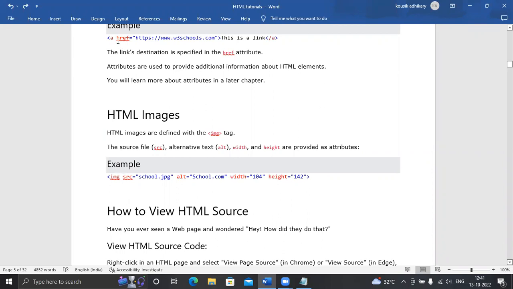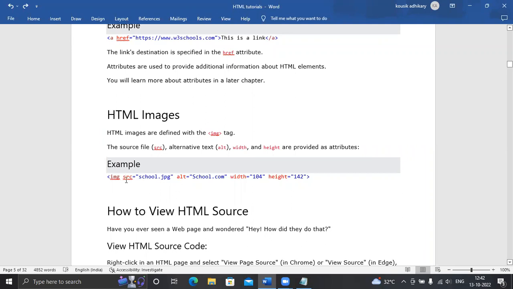In the previous example, href equals to https://www.w3schools.com, href is also an attribute. And src, alt, width and height are attributes, and every attribute has different words. The src is basically the source.